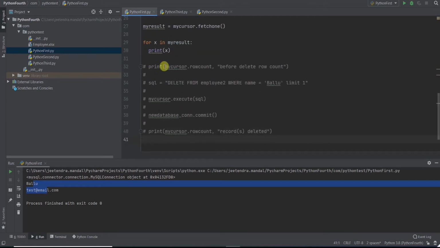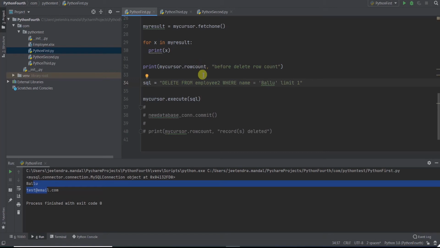Now I'll do some operation here. If you want to delete any records, suppose I want to delete a record, and note down here, I am limiting this to 1, so that I don't delete all records with the name Balu, I just want to delete 1.